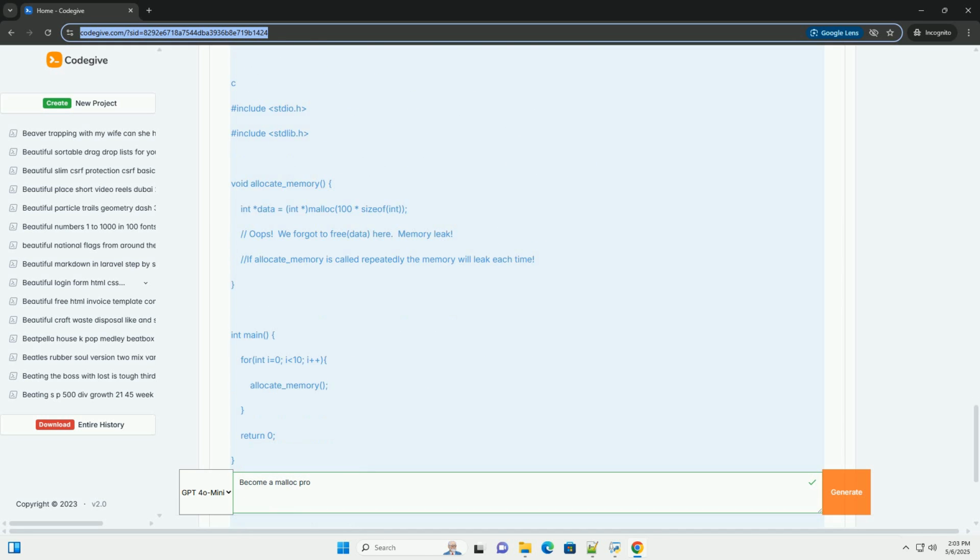Valgrind will print detailed reports of any memory errors that it detects. The reports will include the type of error, the address of the memory involved, and the line of code where the error occurred. Example Valgrind output: ==12345== Memcheck, a memory error detector. ==12345==